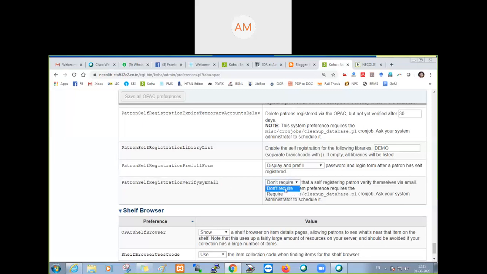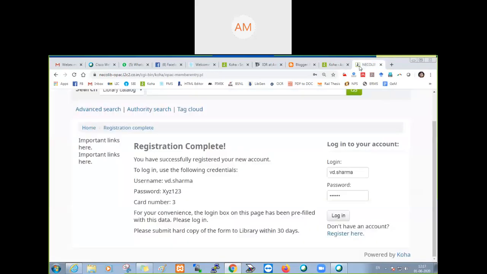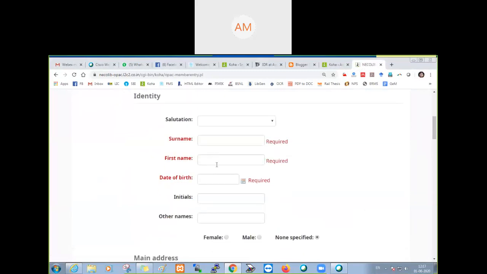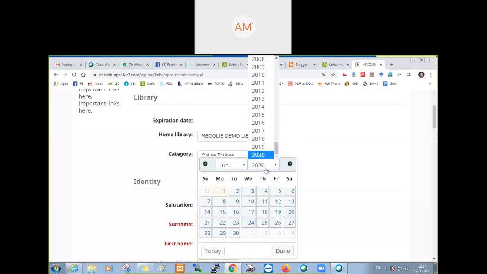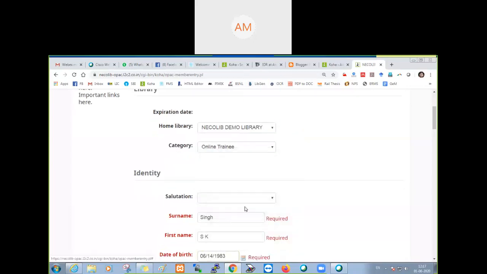So if I make it required, patron self registration verify email required, and save the preference, now again I will register with a new name. SK, date of birth as 83.